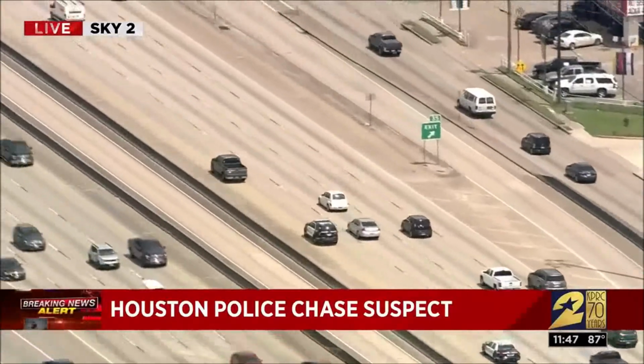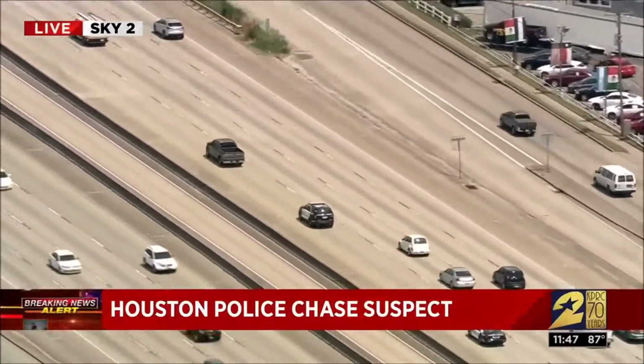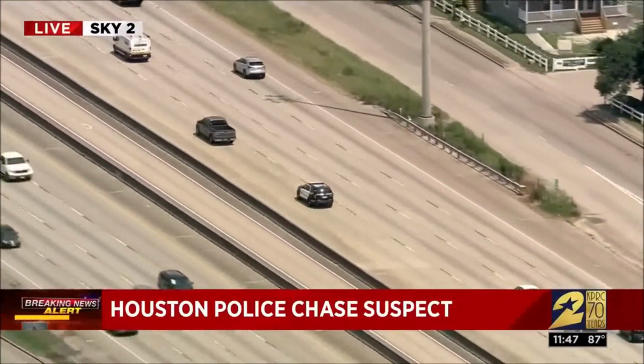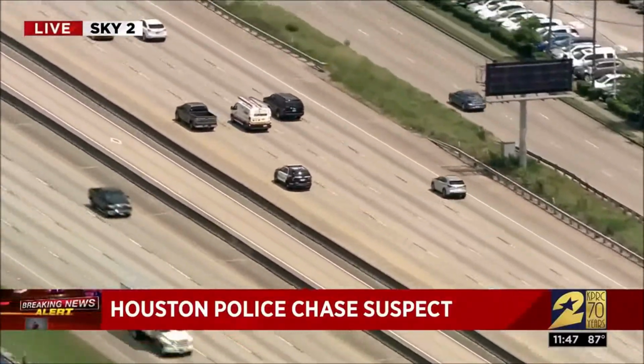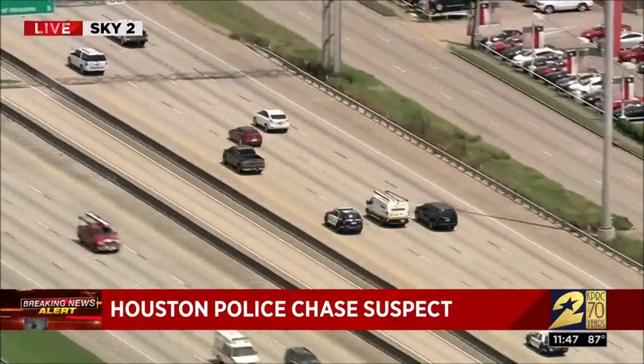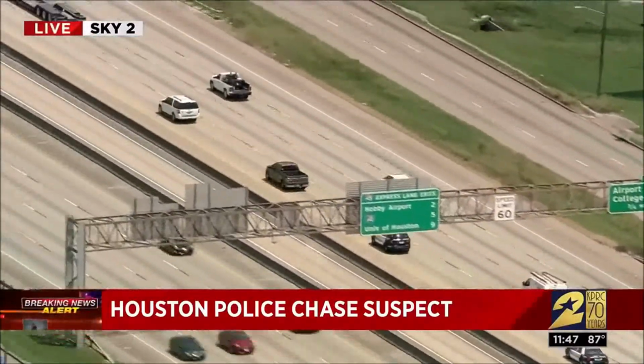So we don't know who is behind the wheel of this truck. We don't know how many people are inside the truck. We don't know what started this chase. We don't know why this person is trying to run from police. But again, going on for upwards of 30 minutes now, and you can see that one HPD patrol car closely